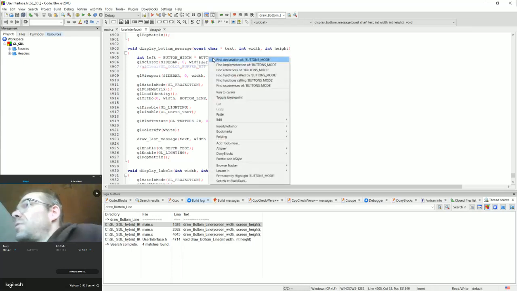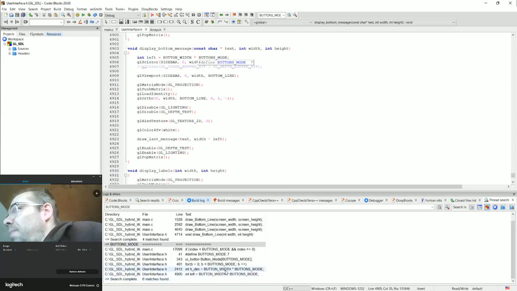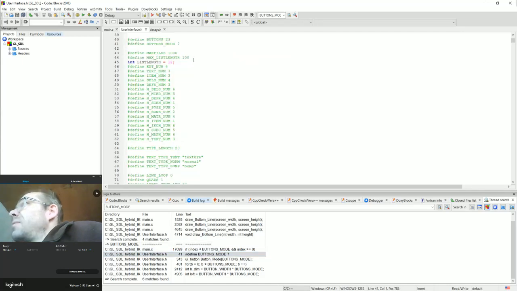We search for this buttons mode right now, find occurrences right now, and it defines that buttons mode states to 7, and we are not sure what this buttons mode is, but